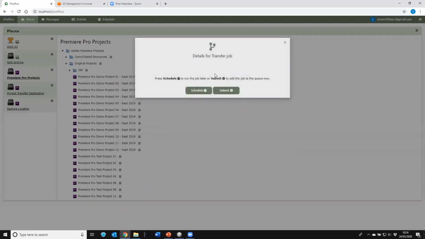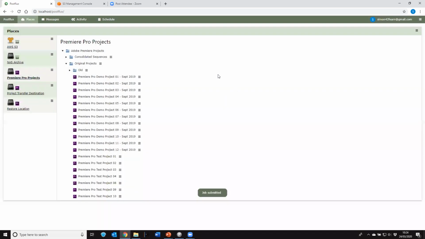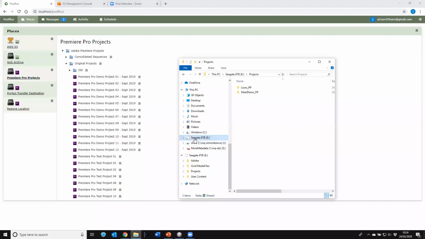Get it going. Anything can be scheduled or run immediately within Postflux, but in this case, we'll do it immediately. And that will go off and copy the project and the media. It wasn't a very big project, so it shouldn't take very long, as it may already be there. So I'll go to my Adobe folder, and here we now find we have the updated project, we have the media files,